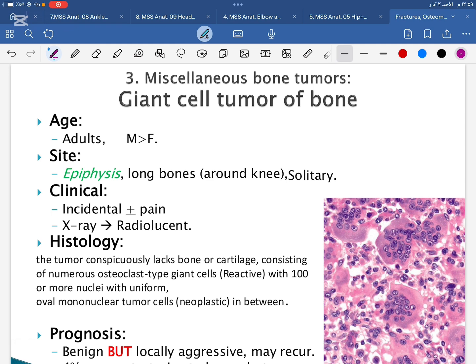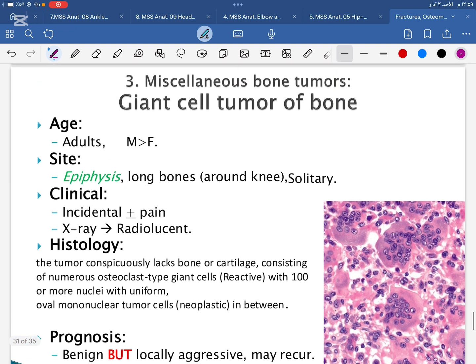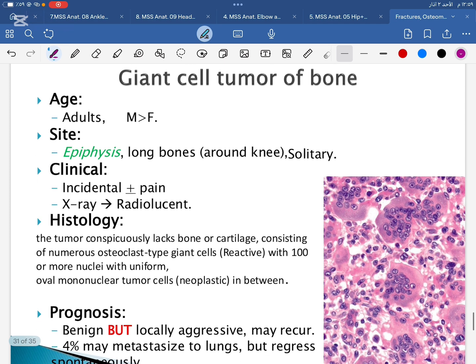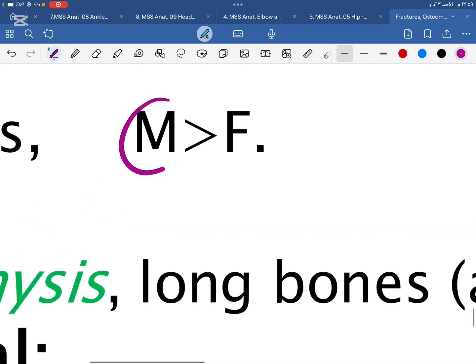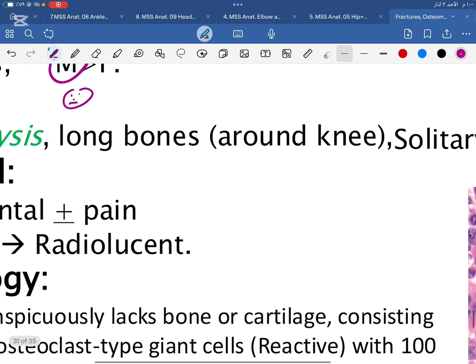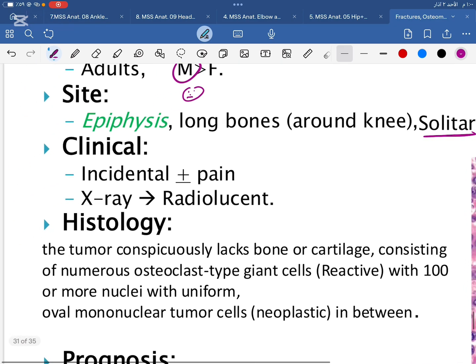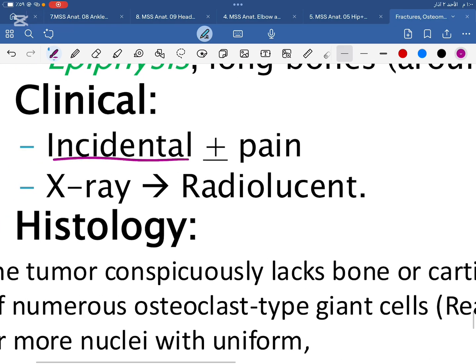Giant cell tumor. Okay. The giant cell tumor affecting the adults, الميلز more. هاي أول ليجن نحكي عنه affecting what الepiphysis of bone. تمام؟ insights بتعطينا كمان hints للليجن اللي بنحكي عنها. The epiphysis of long bones. Usually it is solitary lesions. Presentation can be with pain or incidental finding. On X-ray, it will show radiolucent